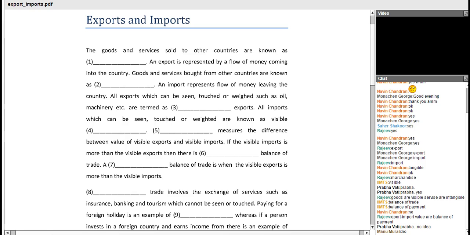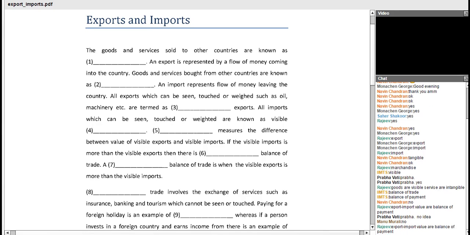Balance of trade is a statement like we prepare a balance sheet at the end of the year to know the financial standing of our firm. Similarly, balance of trade is a statement that is prepared for imports and exports. But under the balance of trade, we include only visible items, that is goods. The services which are provided to the other countries do not form a part of the balance of trade. They are covered under the balance of payment.